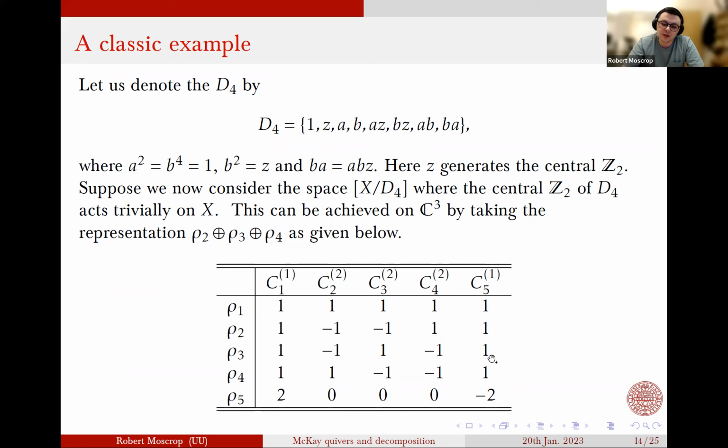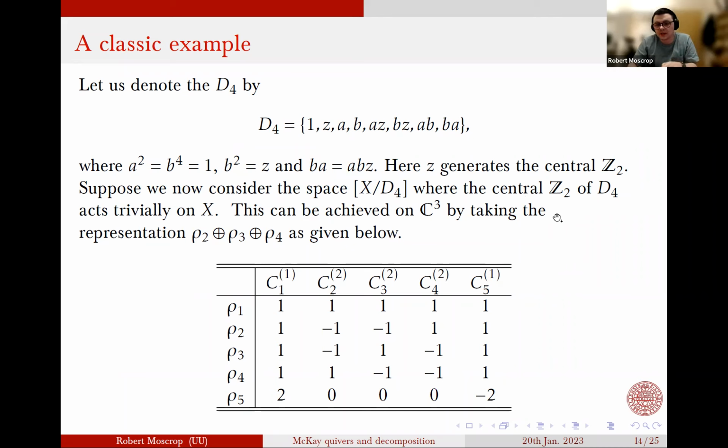If I add those up, I'm going to get a 3, which signals that that is trivialized in the character table. And all of the rest product together to make sure I get 1s, basically, which means that it's an SU3 representation and that this Z is trivialized. So what I can now ask is, how is this different from, say, taking an orbifold by the effective group, the Z2 cross Z2, which is just the quotient of D4 mod this center?